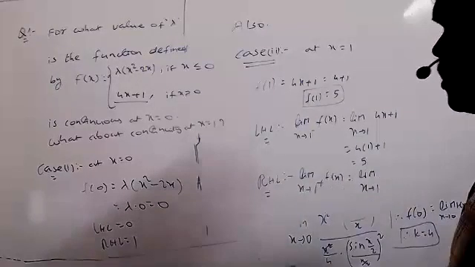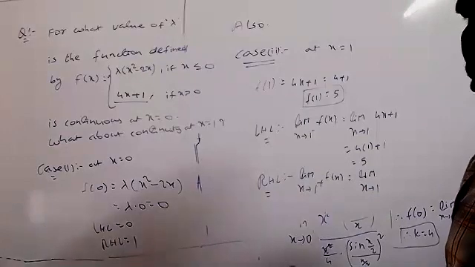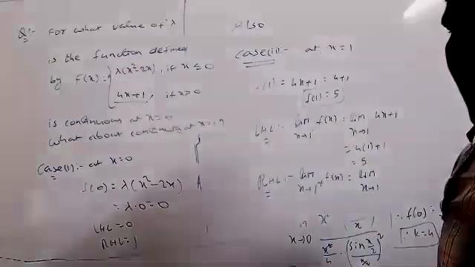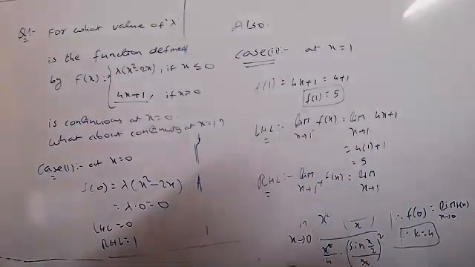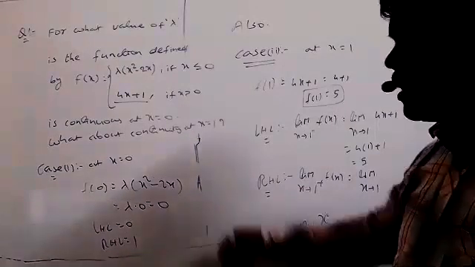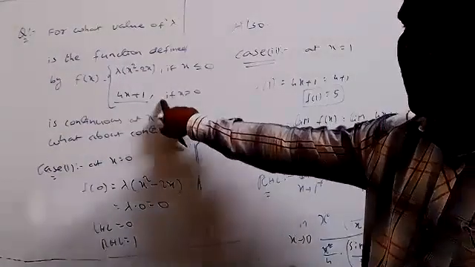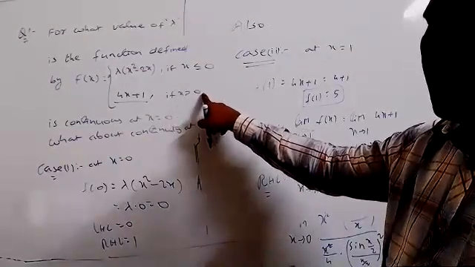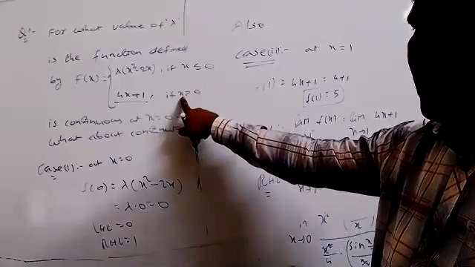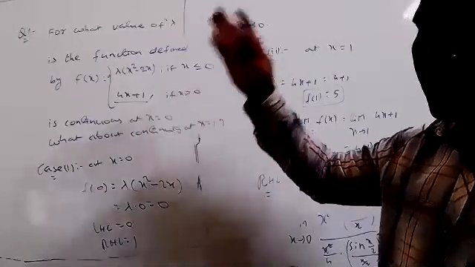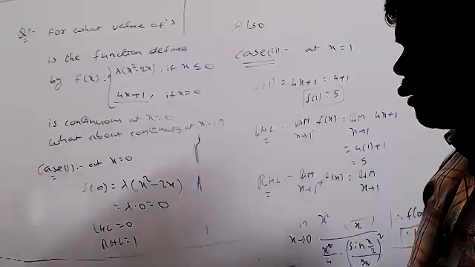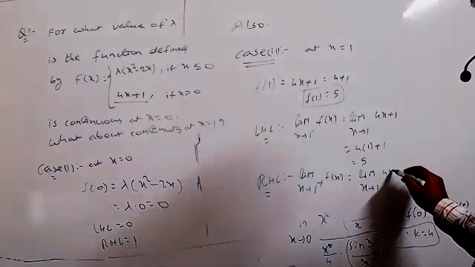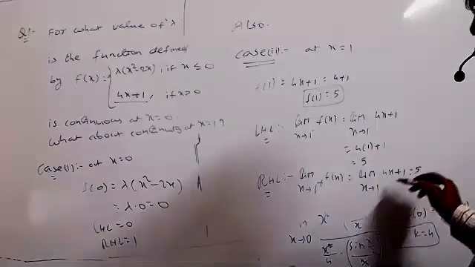Shouldn't the LHL be lambda into x squared minus 2x? The value of lambda does not exist here now. Okay, the value of lambda we don't know. Clear that. Because if you take less than 1 or more than 1 also, this condition will be satisfied because it is x greater than 0. So if x equal to 0 we are taking means in this condition all 1, 2, 3, 4, all positive numbers we are getting anyhow. Yes, clearly contain this condition, it's enough. So here also you can write now 4x plus 1, it is also equal to 5 only.